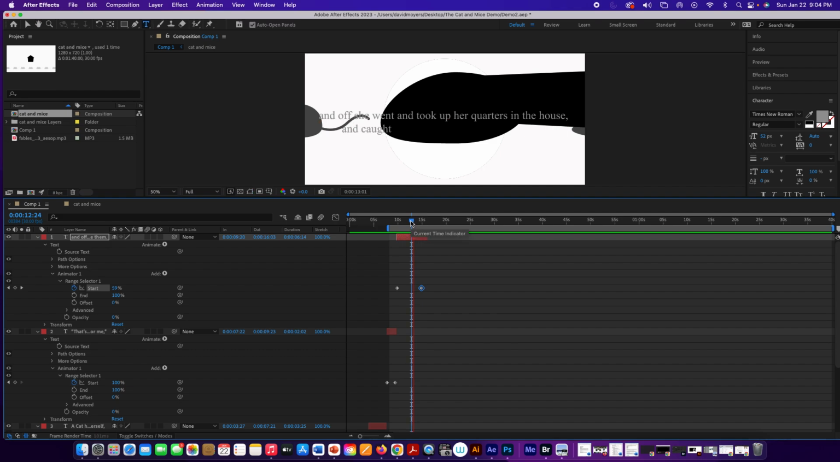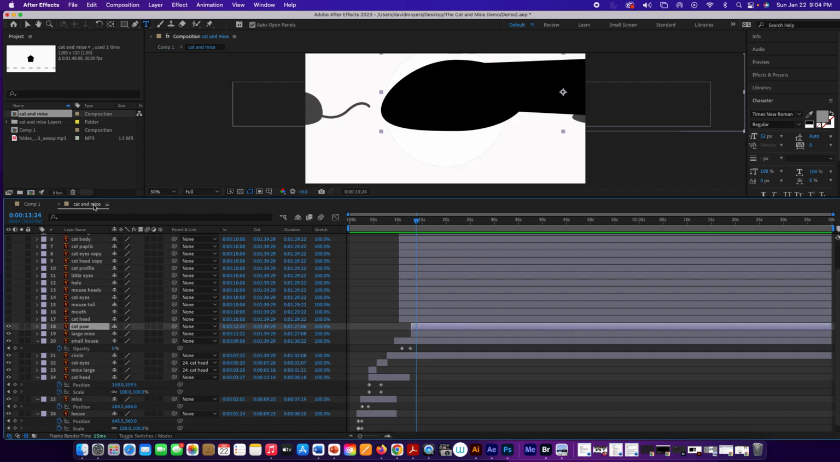So she caught the mice one by one and ate them. So she caught the mice. I think after the end of one here is when we're going to see, or maybe right there, the reason why I want that timeline indicator there is because